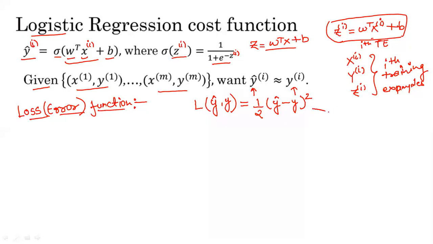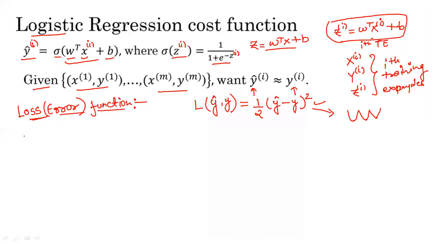This function will generate a cost function that is not convex, and it has multiple local minima. Ultimately, when we define the cost function, we need to find the global minimum that gives the lowest value of the cost function. If we use this loss function, it is very difficult to achieve the global minimum. So this is the basic problem we get when we use this kind of loss function, the average loss function.